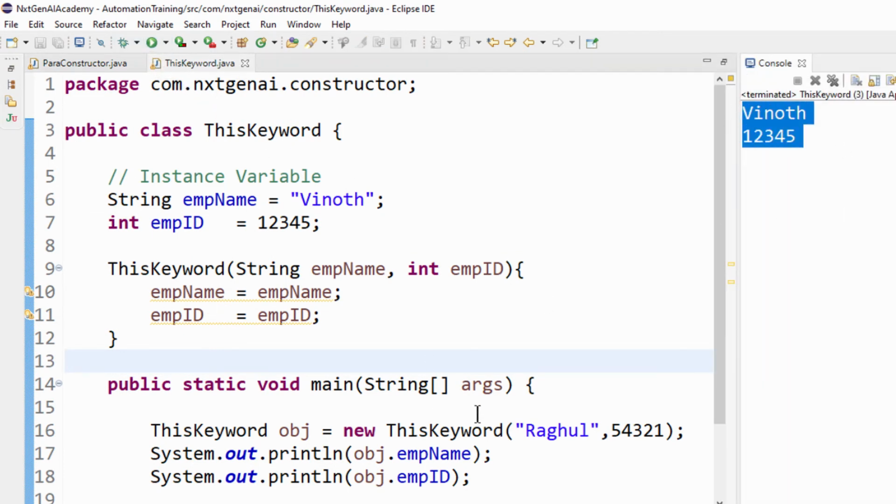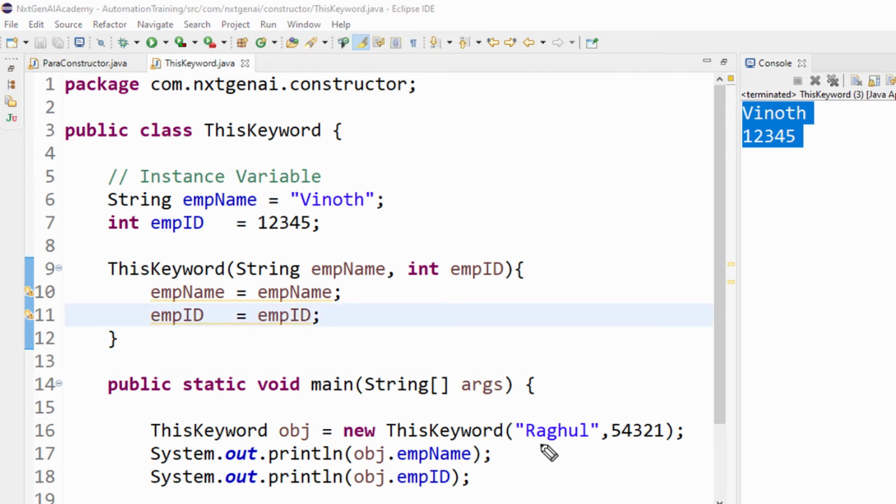When we execute now, even though we mentioned the local variables as Rahul and this value, and they came here, what happened is these two values are not assigned to the instance variables during runtime, because the two names are the same. Now comes the concept of this keyword.